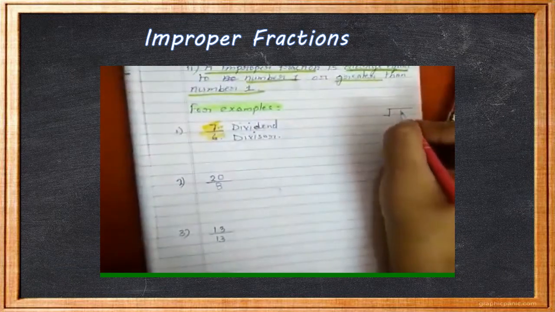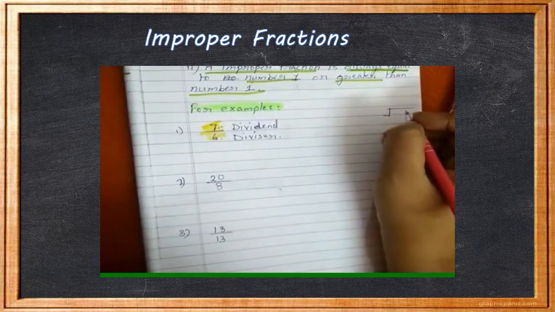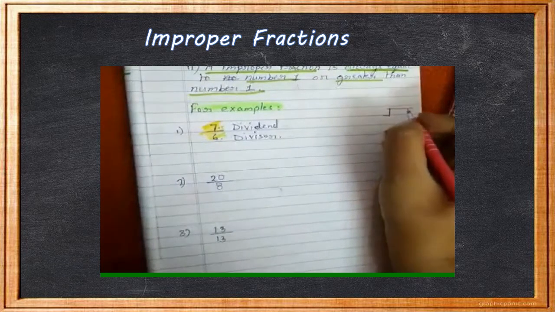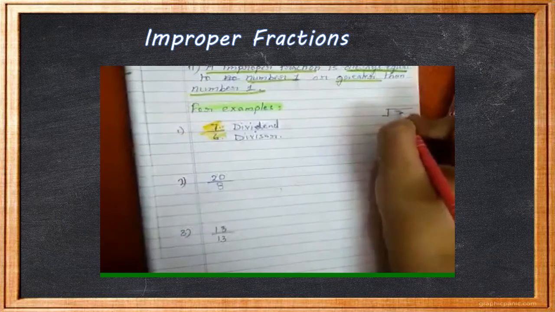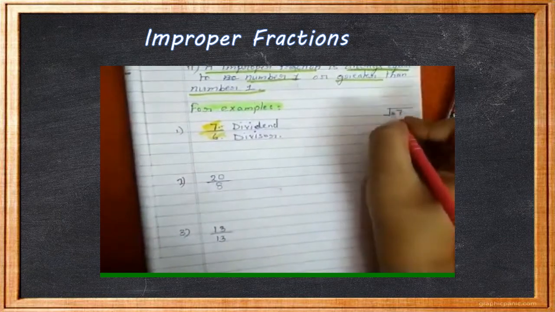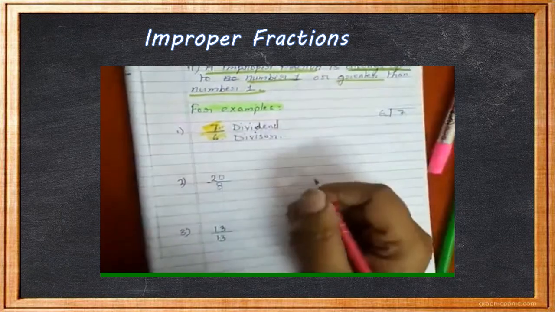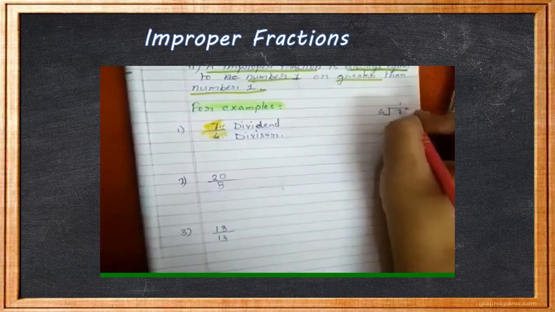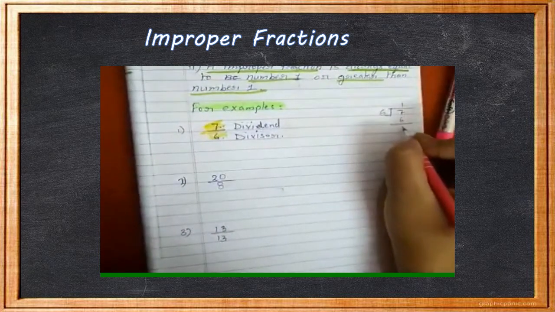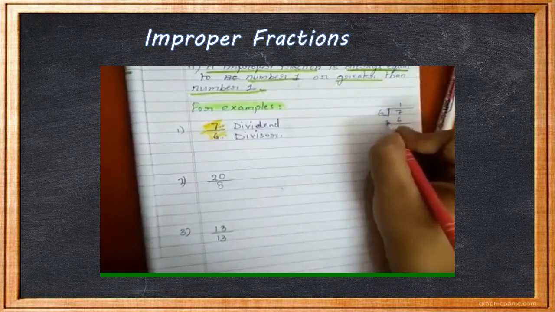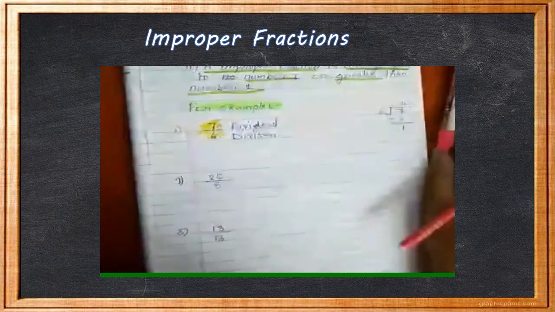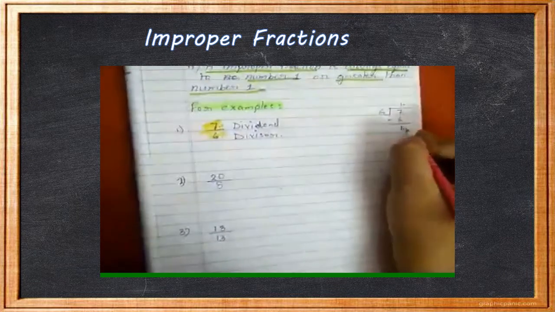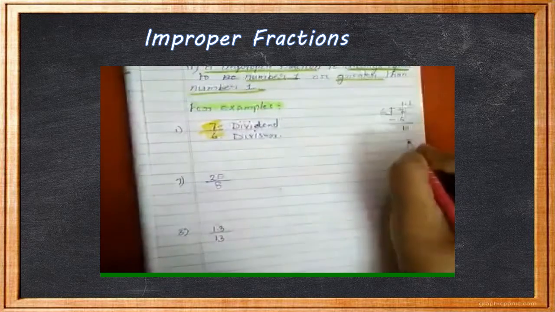So what is 7 here, children? 7 is the numerator, so it is the dividend. I'll be writing it inside the division box. And 6 is the divisor. I'll be writing it outside. So 6 times 1 is 6. Yes, and 1. Again, I'll put a decimal here. And I can put 0 here. Again, 6 ones are 6.